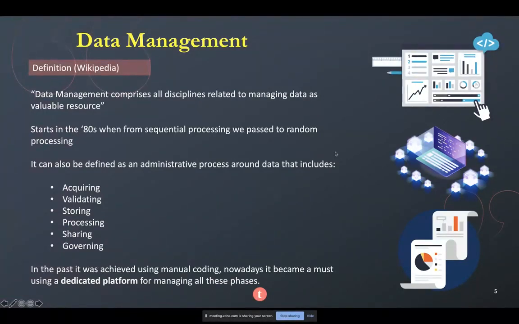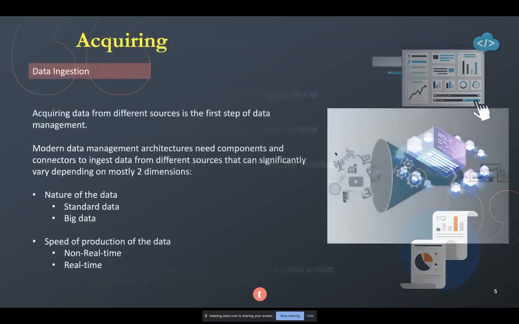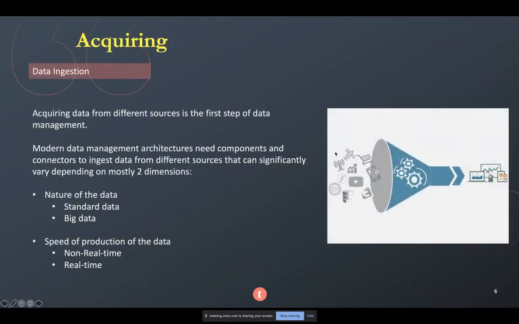Now, let me go more in depth on all these phases, because each phase will have a different part in the data management architecture. So the first one is the acquisition of data, the data ingestion. And actually, the acquisition of data is quite intuitive, meaning acquiring data from different sources. And the modern data management architectures, of course, need component connectors in order to acquire data from different